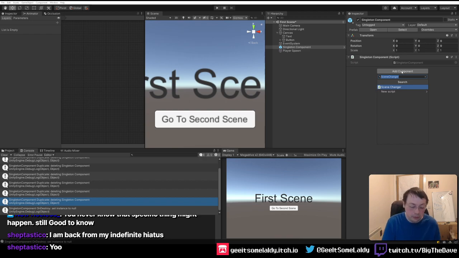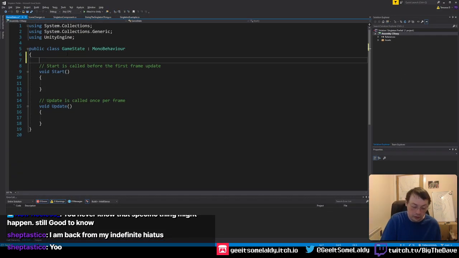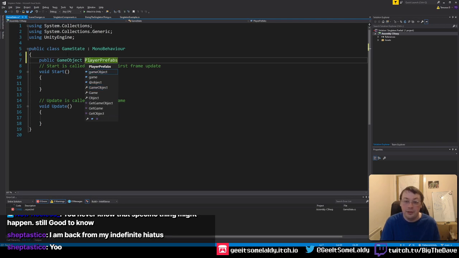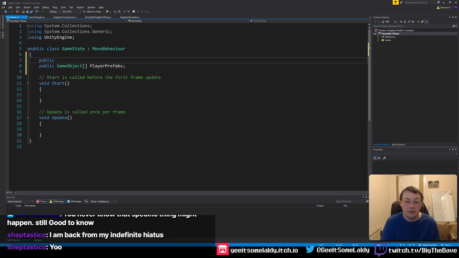So for example, what I'm going to do here is I'm going to call this game state controller or something. Yeah, we'll just call it game state for now. And we go public game object player prefabs, and it's just a list of prefabs, player number,